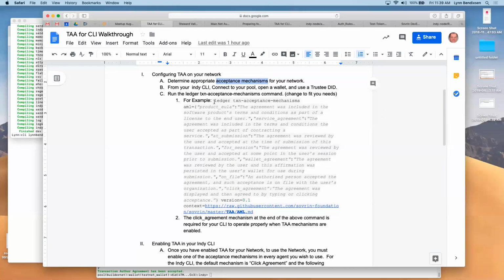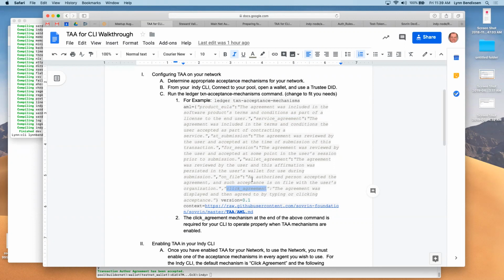This example here actually shows those things. And so you see the product EULA or a service agreement. Right at the end here, when Adam gave me this command, it didn't have this thing called click agreement. So I went and added that myself because the Indy CLI defaults to using the click agreement, and I needed to test this stuff out.